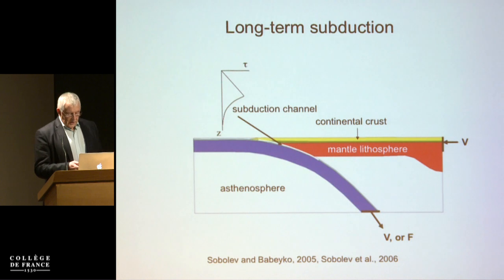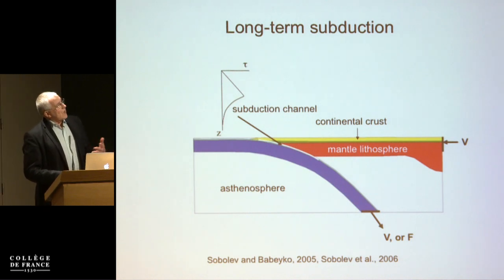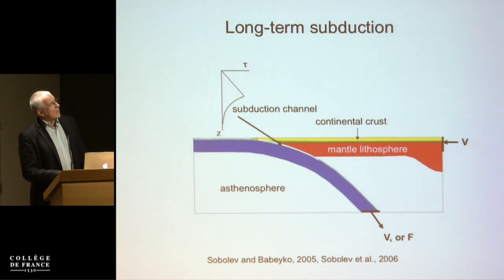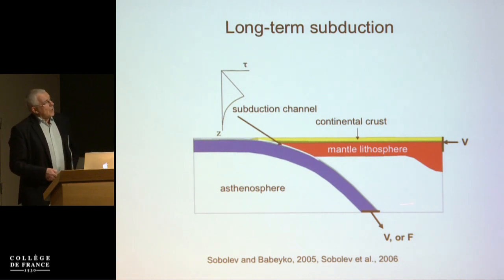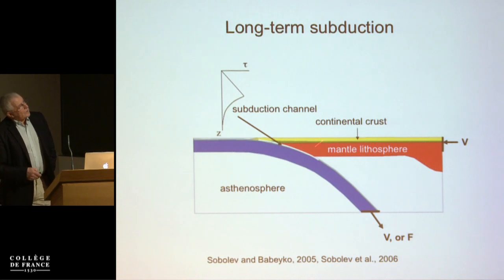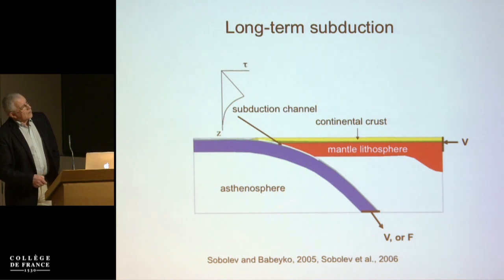Okay, so this is a typical kind of model which I will discuss now. So this is the entire upper mantle, 400 kilometers here, the scale is 1-to-1. So basically, what we have here is a realistic upper plate, a realistic lower plate, asthenospheric material here, and what we are doing, we are